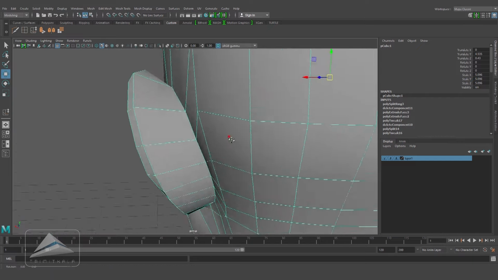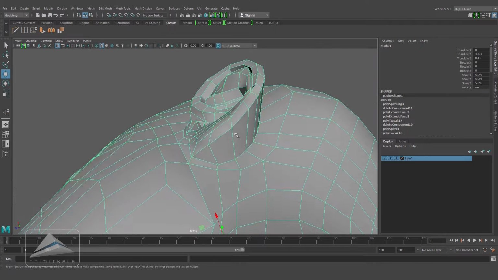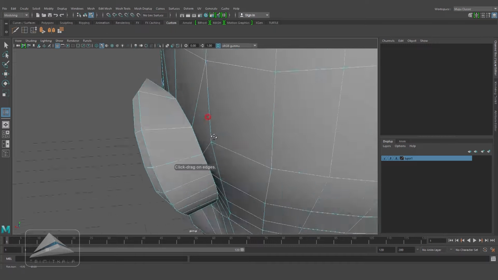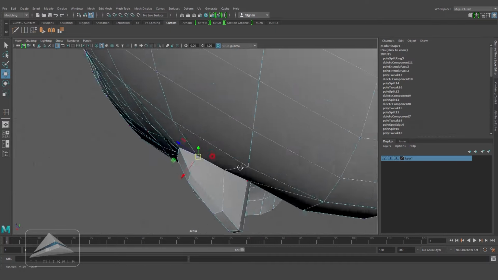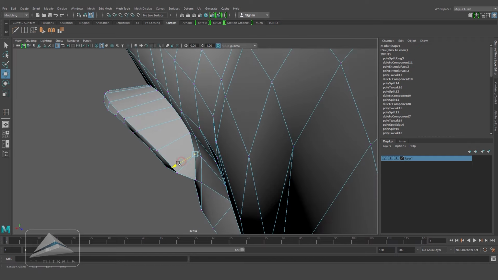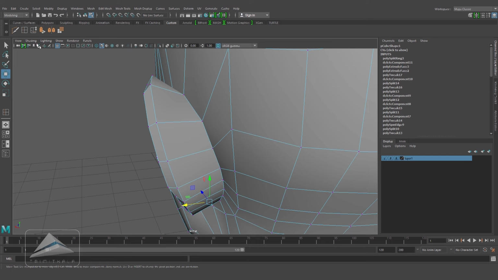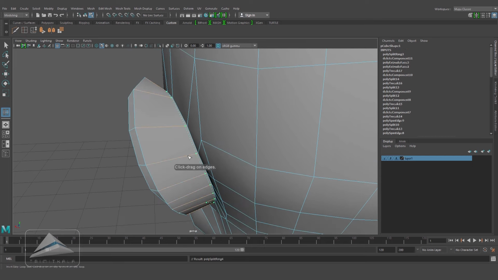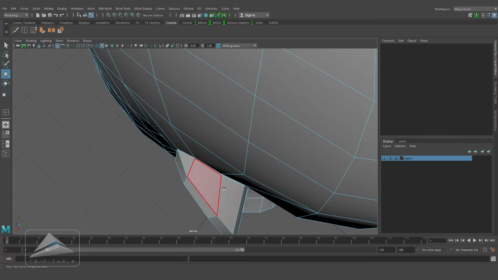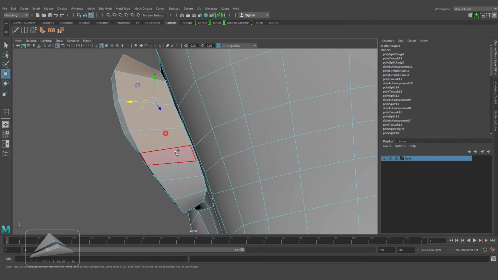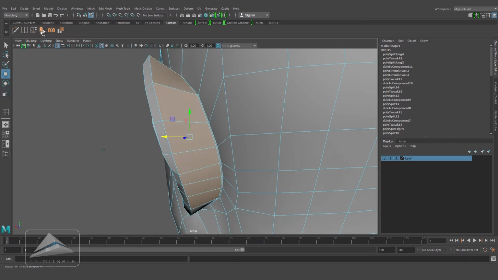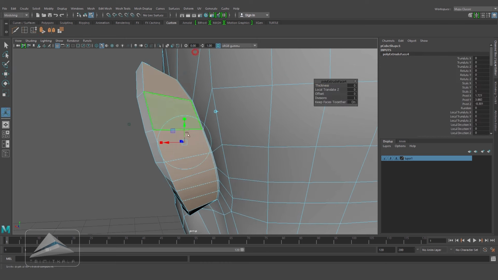You can remember I kept these two triangles intentionally so that whenever I am going to add a new loop to make the adjoining area sharper, it will be restricted in between these two triangles. So let's give the edge loop, and you can see it is restricted in between. Now selecting these faces, I'm going to extrude it, scale it down,